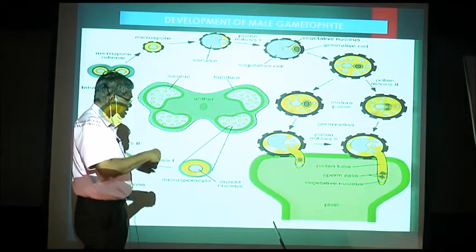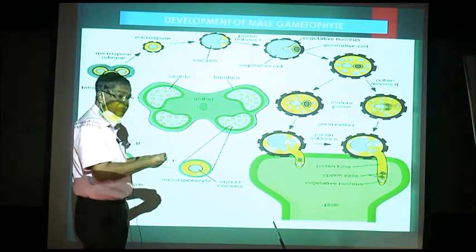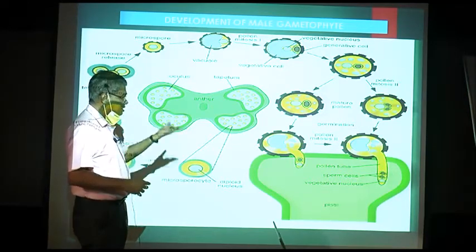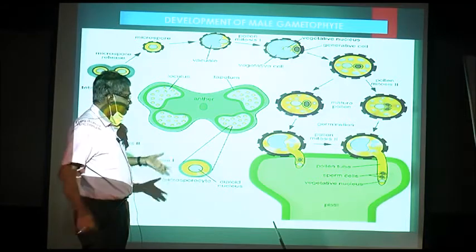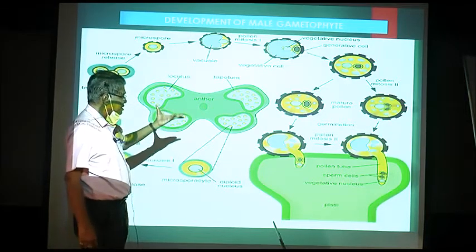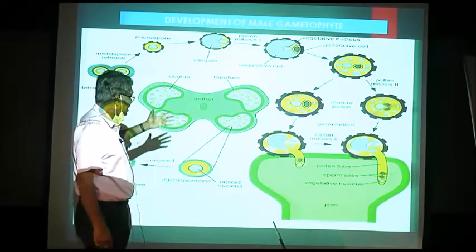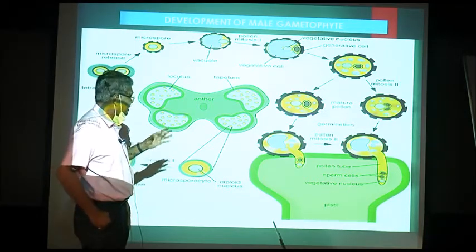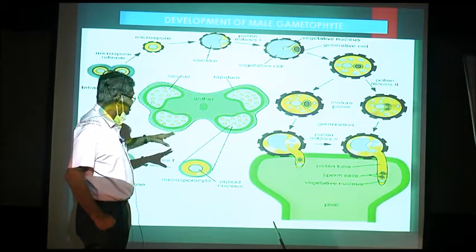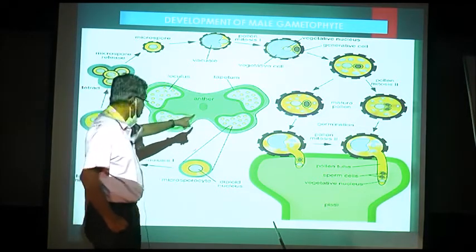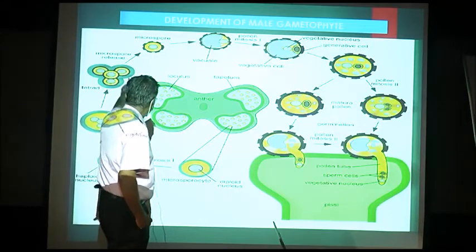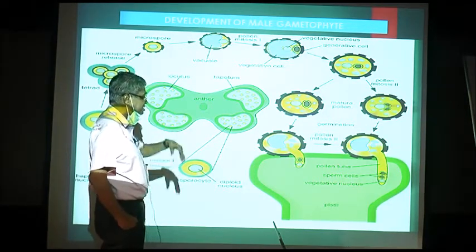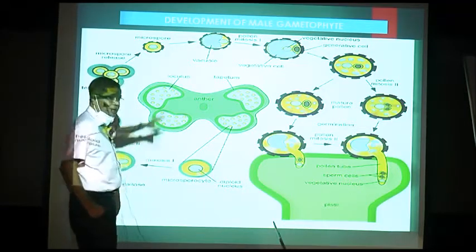After the seed germinates, it forms a plant. The plant grows for maybe years, and in some cases months. After months or years, the flowers develop. The flowers have anthers and ovary, and the anthers develop microspore mother cells and they form microspores. Ultimately, after so many months of time, the microspores come out.